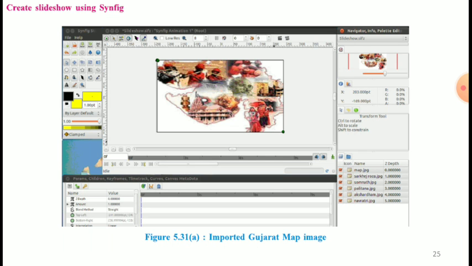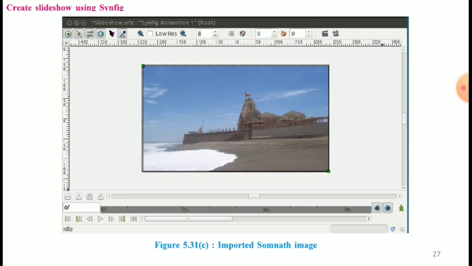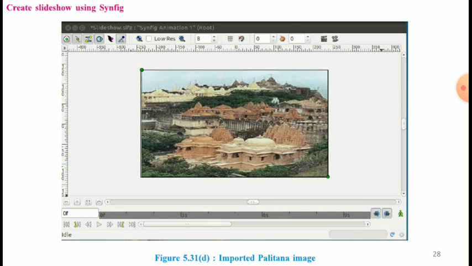Figure 5.30a is the imported Gujarat map image. Next, 5.30b, imported Sarkhej Roza image. Next, figure 5.31c is the imported Somnath image. And next, figure 5.31d is the imported Palitana image.